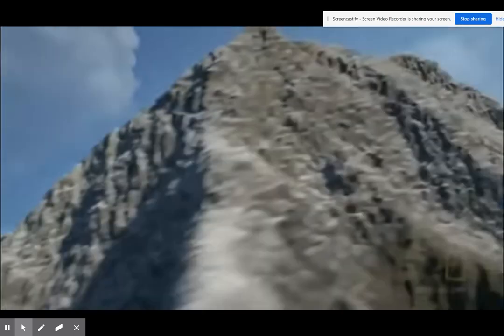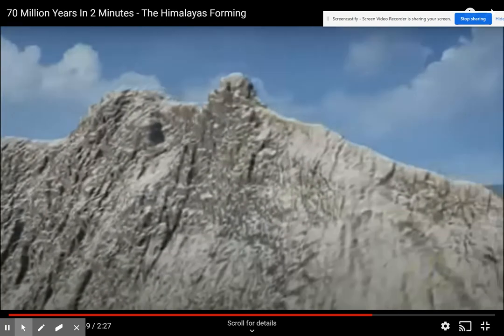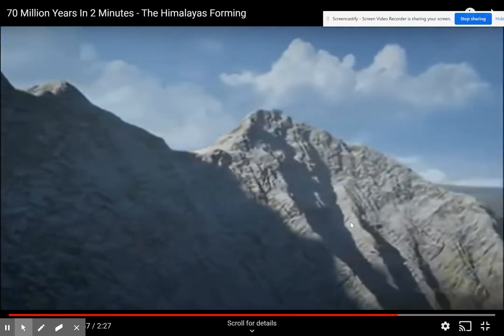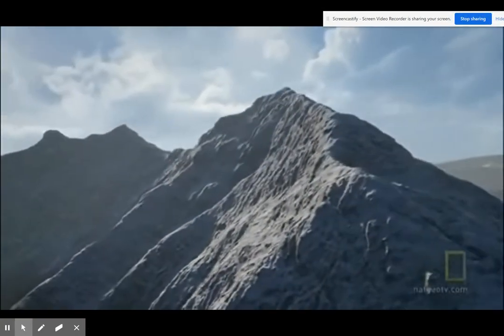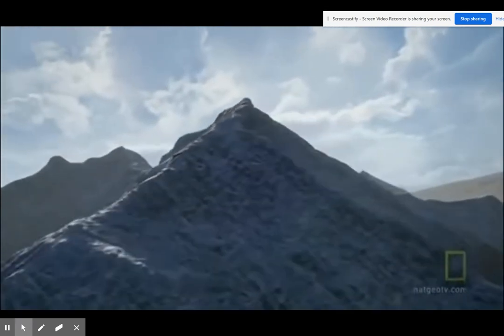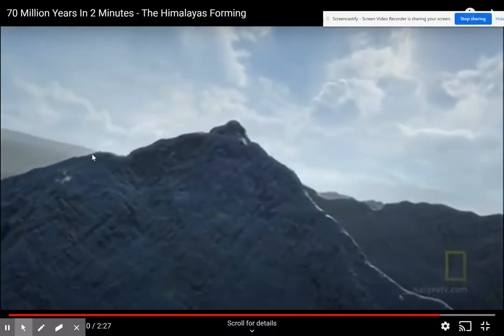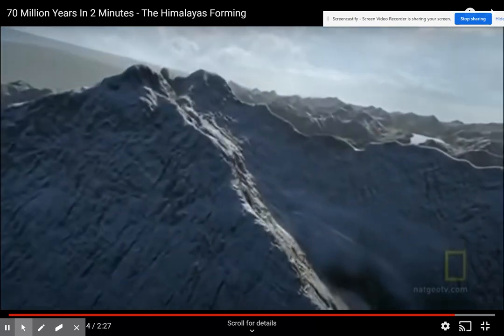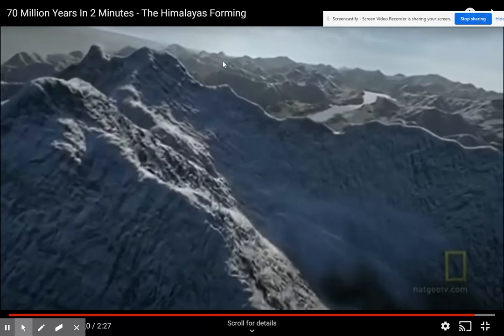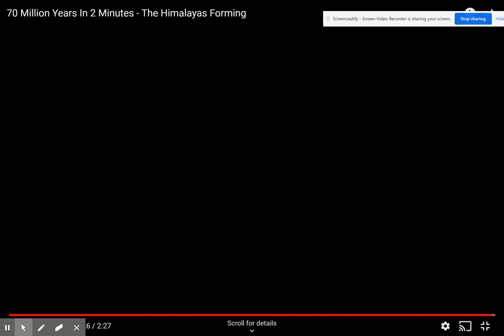Cause and effect. Plates move, mountains form. Plates move, earthquakes happen. The Earth changes. What's one way that the Earth changes? Well, tectonic plates move. What happens when tectonic plates move? They form these massive mountains right here, possibly looking at old Mount Everest right here. It's pretty tall. You can see the low points forming the rivers, high points forming the mountain peaks, and so on. So that is